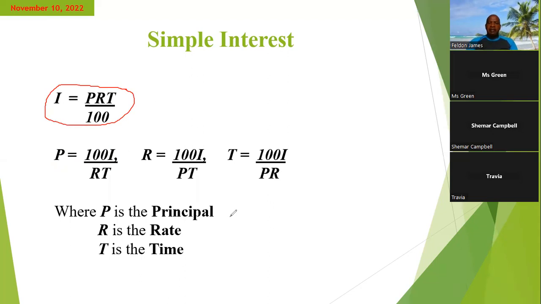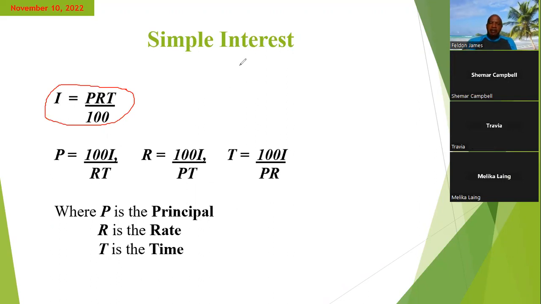And sometimes it is good to know how to derive them, because sometimes we can rely on our memory to remember the formula, but in case you cannot remember the formula, you can derive them. So I'm going to take this time out to show you how you can derive your